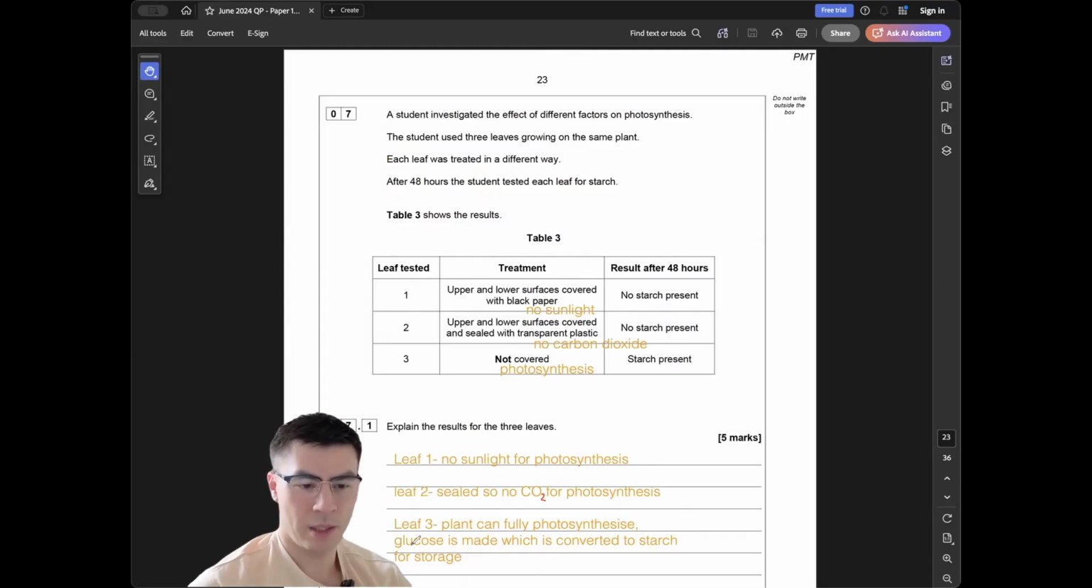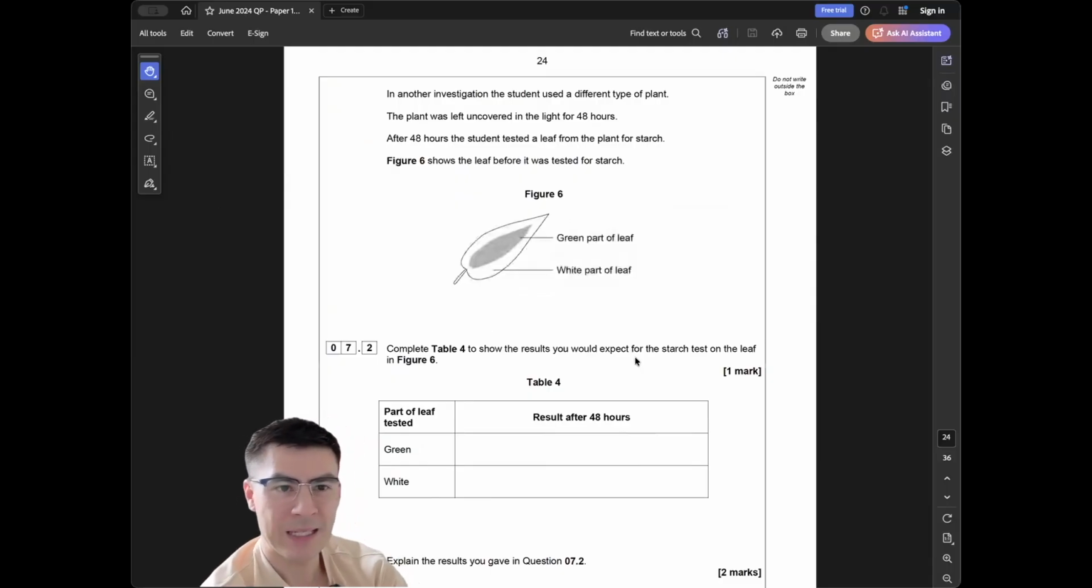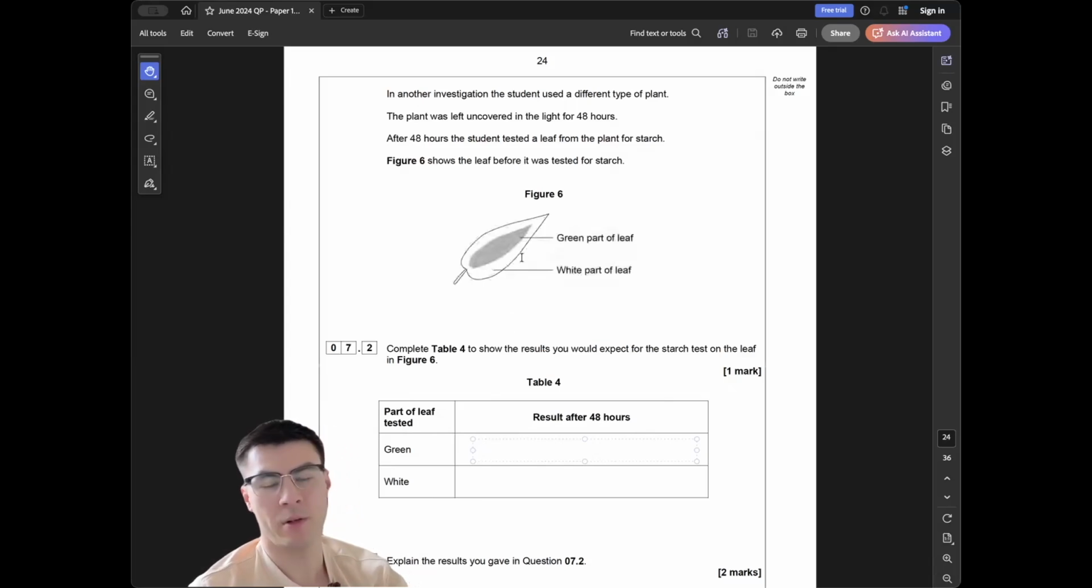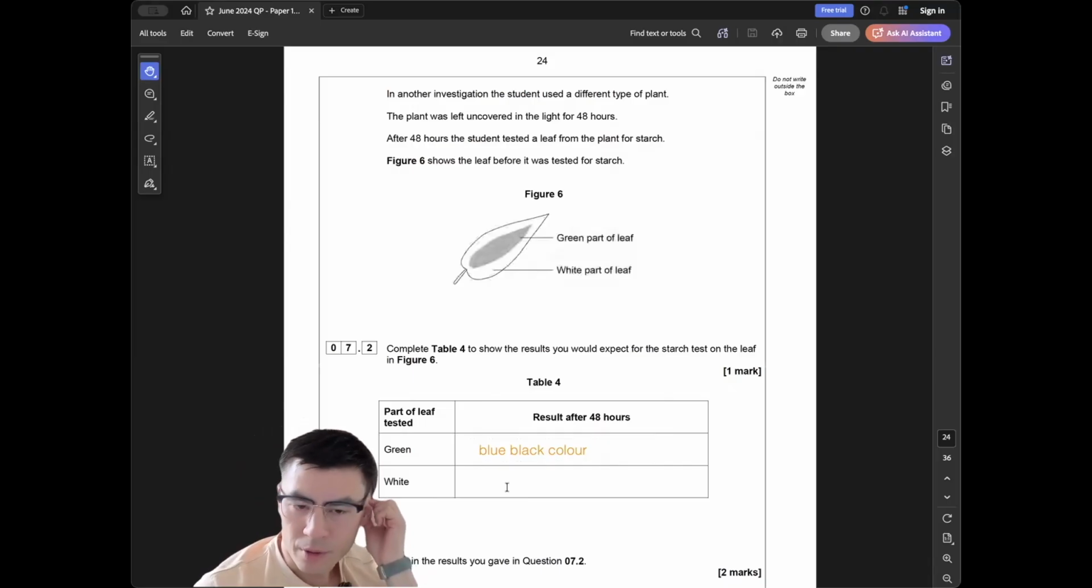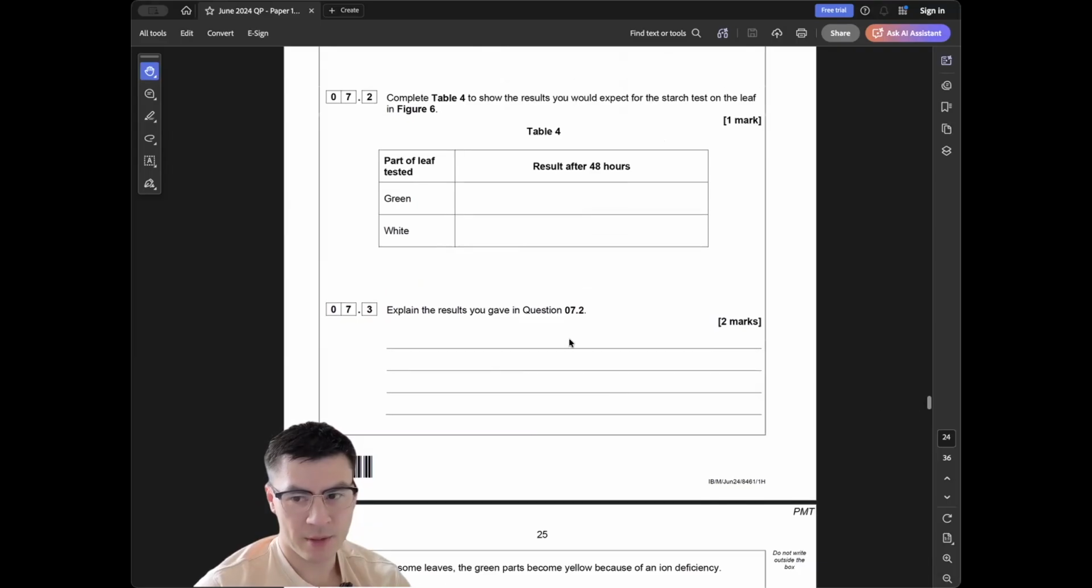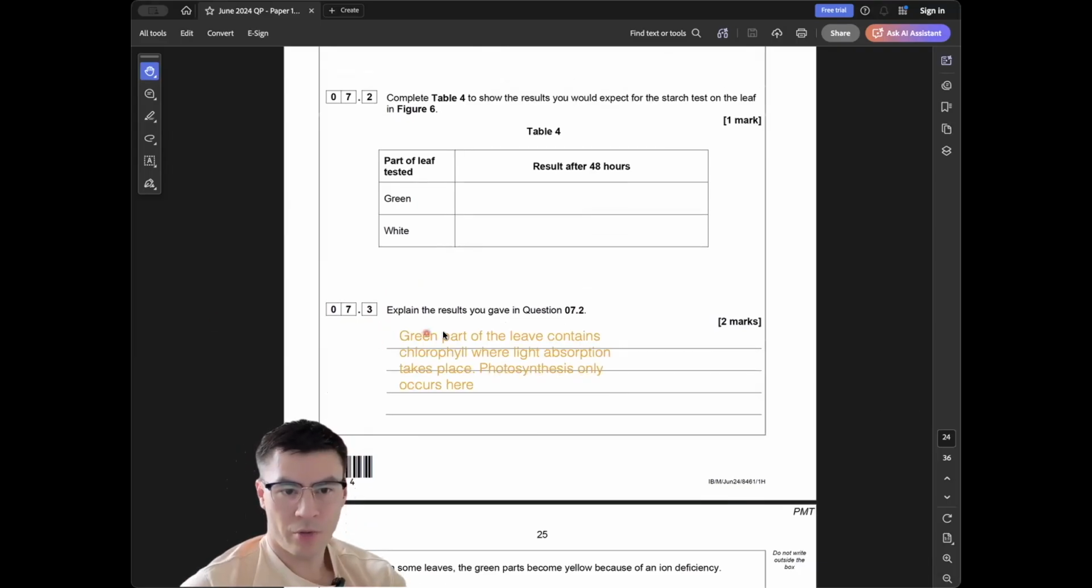for storage，因為 glucose 係 soluble，就 store 唔到啦。Another investigation, the student used a different type of plant. Plant was left and covered in the light for 48 hours. After 48 hours, the student tested the leaf from the plant for starch. The leaf shows the leaf before it's tested for starch. Green part, white part。OK，因為佢個 part 係 green，即係代表有 chlorophyll，有 chlorophyll 即係有 photosynthesis。咁如果做個 starch test，咁佢就會係 blue-black。White part 我哋就冇 chlorophyll，咁即係冇 photosynthesis，咁一定會 remain orange。Explain the results you gave in sample. 哦，頭先講咗啦。OK，我頭先都講咗 green part of the leaf contains